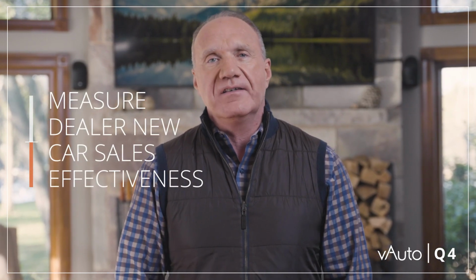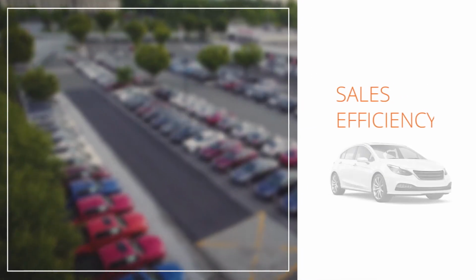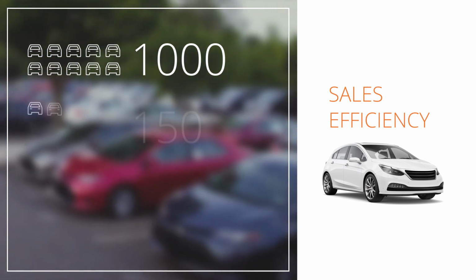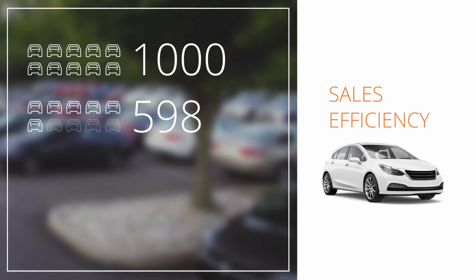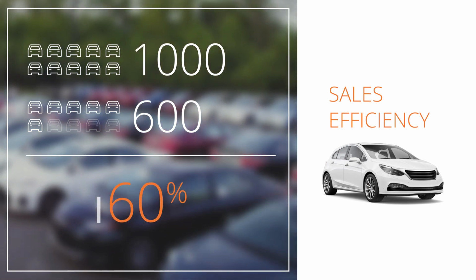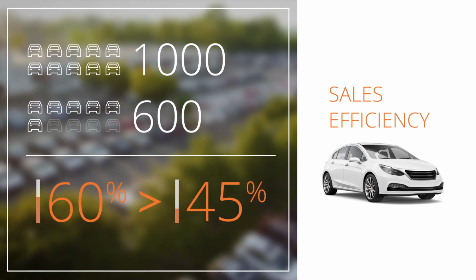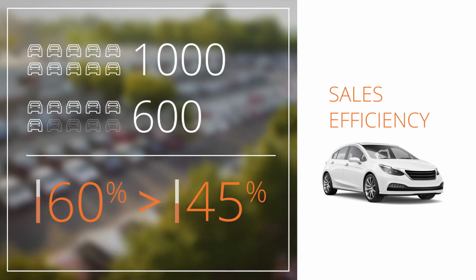At vAuto, we've been spending time with our data scientists to develop a way to measure dealer new car sales effectiveness. We recommend that you pay more attention to what we're calling sales efficiency. For example, if the market area has 1,000 Toyota Corollas and sold 600, the sales efficiency for that market is at 60% for the Corollas. That means if you're performing below 60% for your dealership, you're not keeping pace with the market and you're losing